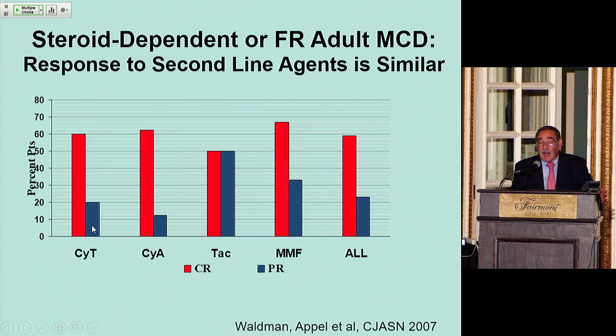if you have somebody who is a frequent relapser, relapsing very quickly, think of the side effects. If they're a young person and they don't want to take cyclophosphamide because they're worried about fertility or hair loss, don't use it. If somebody's creatinine is elevated and you're worried about calcineurin inhibitors, be careful with cyclosporin or TAC. If it's a diabetic, you may want to use cyclosporin rather than TAC. If they've had GI problems, you don't want to use MMF. Think about the potential side effects rather than the drug's efficacy, because they're all about the same.